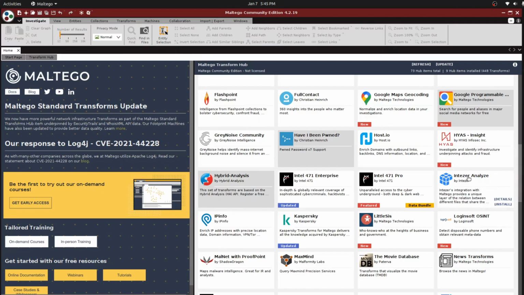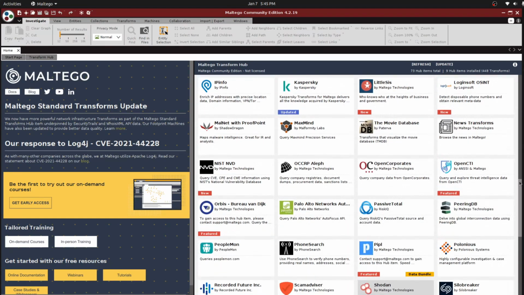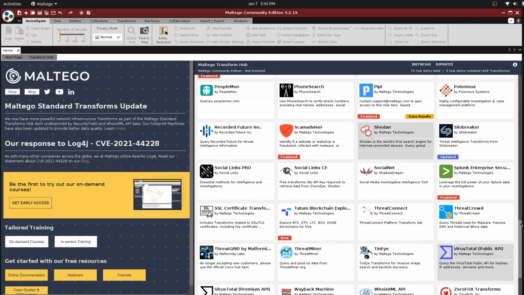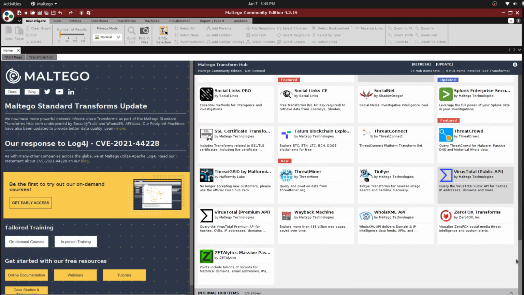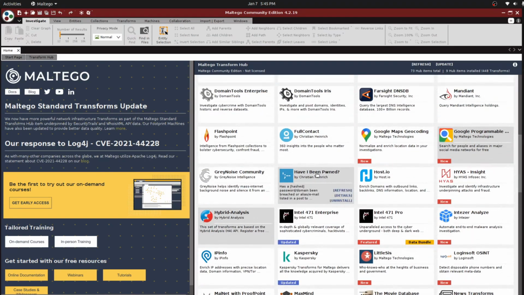You can also integrate Intezer Analyze, another online sandboxing tool. And if I scroll down, I'll be able to see multiple providers, multiple information resources, Shodan, and a few other threat miners, a few other information resources. Have I Been Pwned?